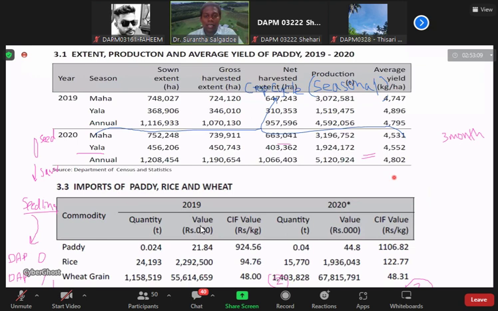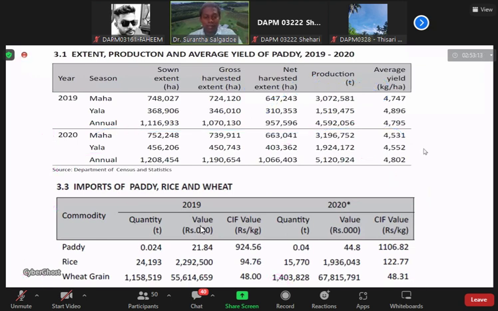Right. Now let's look at some statistics to know our country's situation. Look at this, students. Paddy production 2020. This is the latest statistics we have in Sri Lanka, 2020, and we are in 2023 now. You can see this in AgStat, a booklet I will put on your LMS. Sown extent in Maha